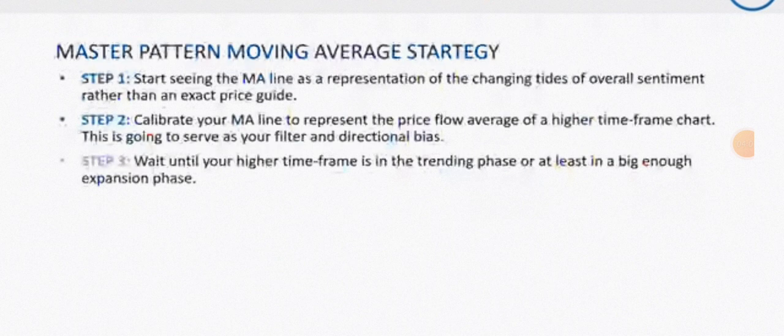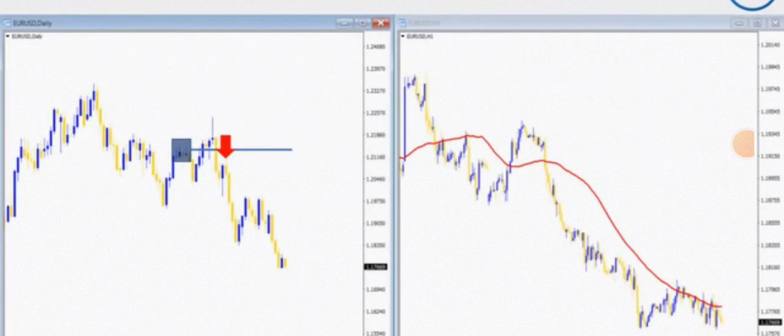Okay, so now that we've done our homework on the higher time frame, step number 4 is to now start tracking value on your lower time frame. Let's go back to the example. Again, we clearly see that the daily has settled below value. It's starting to move down. We can start tracking value on the lower time frame.